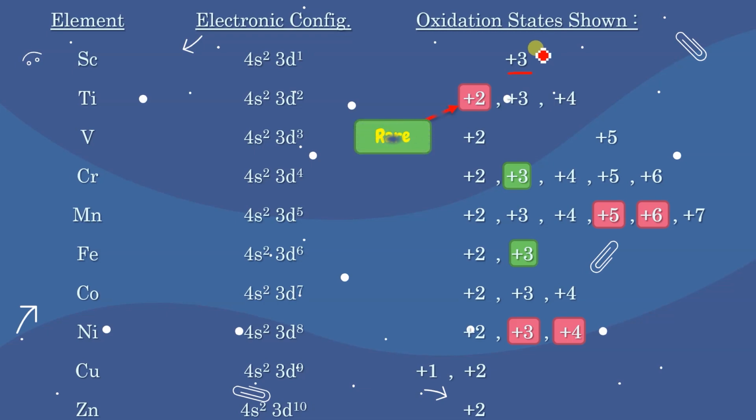Okay. Now if I'm talking about titanium, this is 4s2 3d2. अगर ये एक electron lose कर देगा तो भी कोई फायदा नहीं होगा. 2 electrons lose करेगा तो भी मतलब there is not going to be stability, isn't it? तो +2 is also very rare, +1 is also rare, +3 थोड़ा बहुत दिखाएगा and +4 will be the stable one. ये +4 जो होगा इसमें सबसे ज्यादा stable होगा. This will be the stable one.